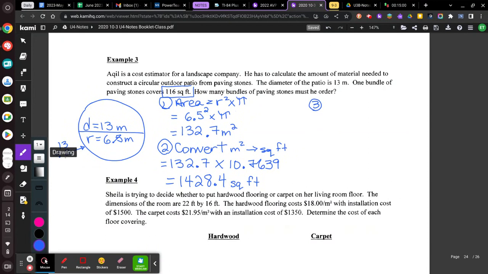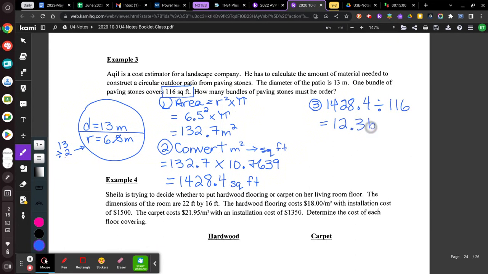So now we're going to take our answer, 1428.4, and we are going to divide by 116. And that's going to give us